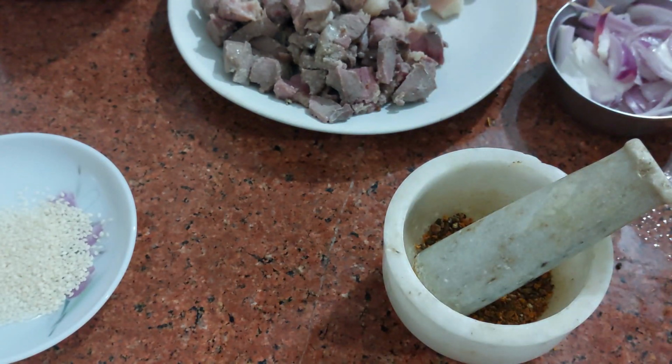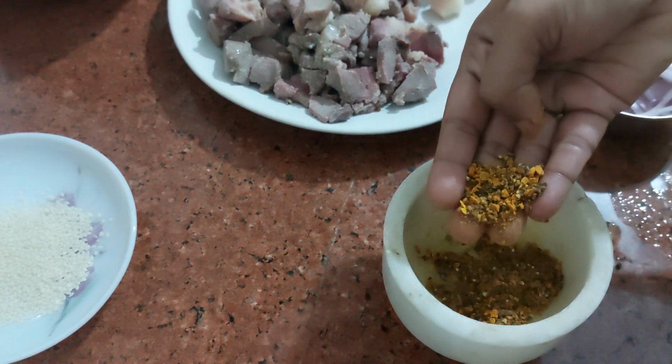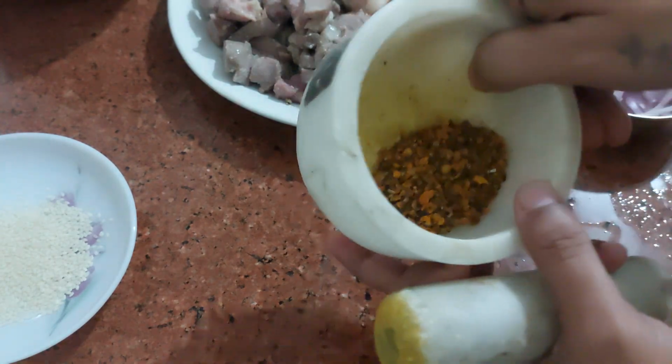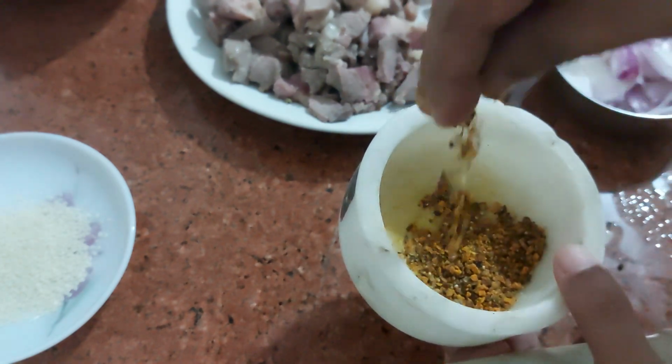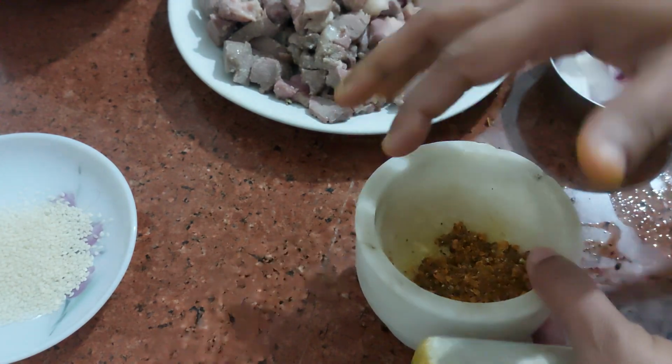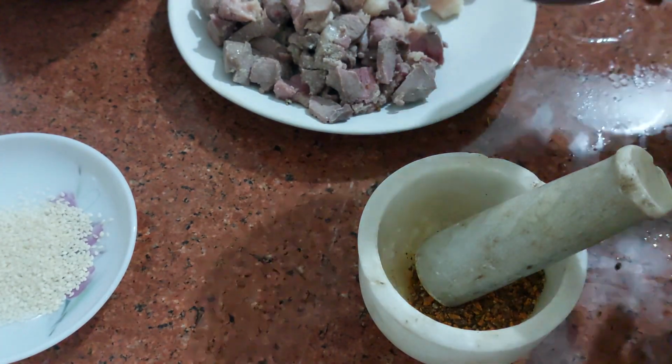Now we will roast a little bit. So you can see this, we need coarse, we don't want a fine powder. We want this all aroma to get it for our meat. Okay. So let's saute our onion